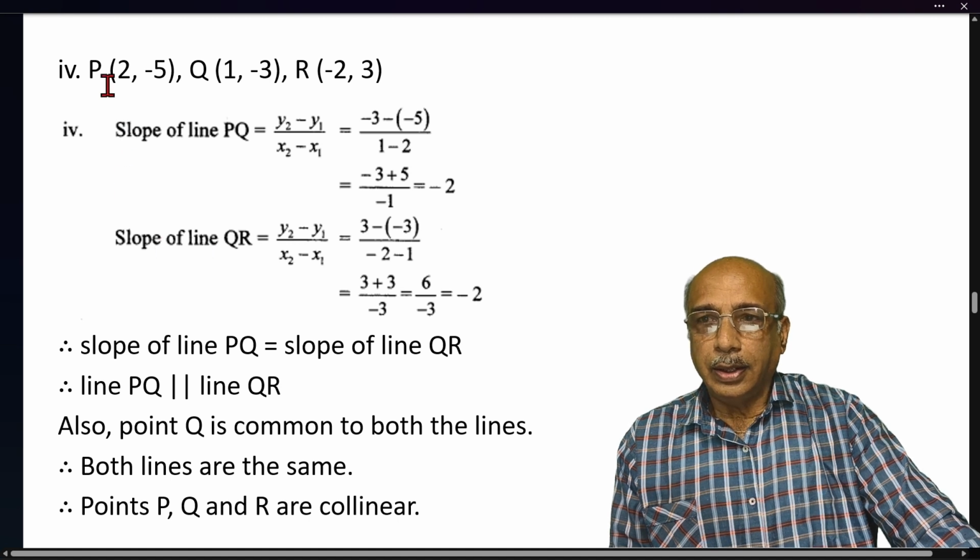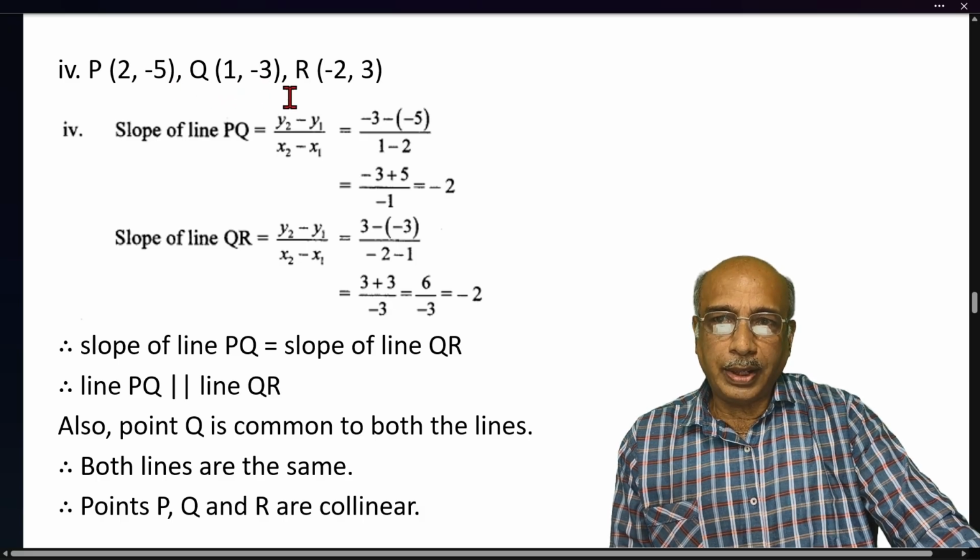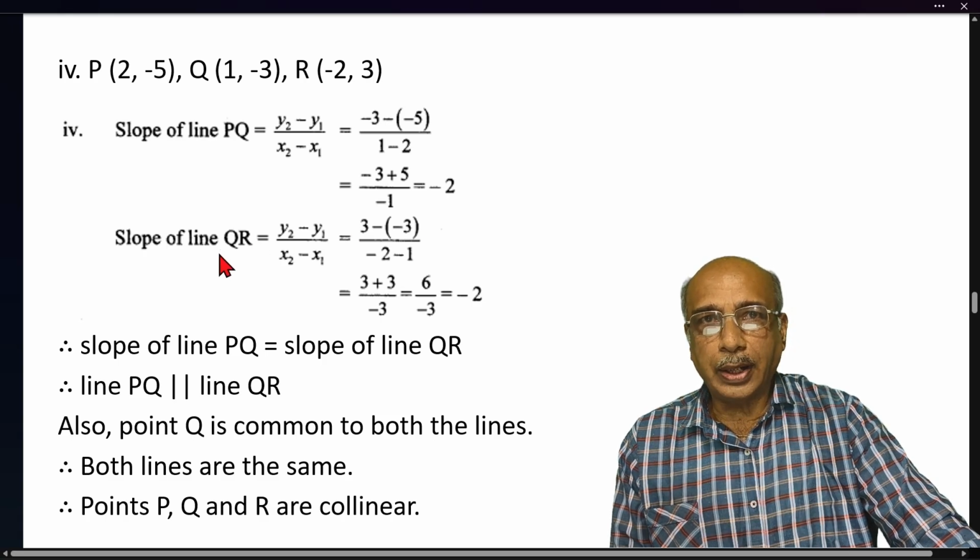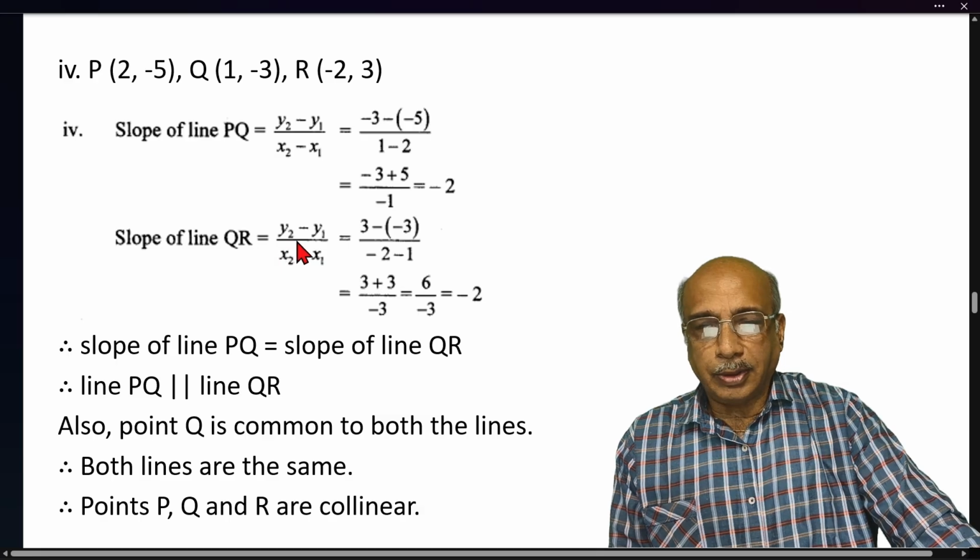Next, point P coordinates are minus 2, minus 5. Q coordinates are 1, minus 3. R coordinates are minus 2, 3. Slope of line PQ. Substitute the values in the formula. We get slope equals minus 2. Slope of line QR. Substitute the values